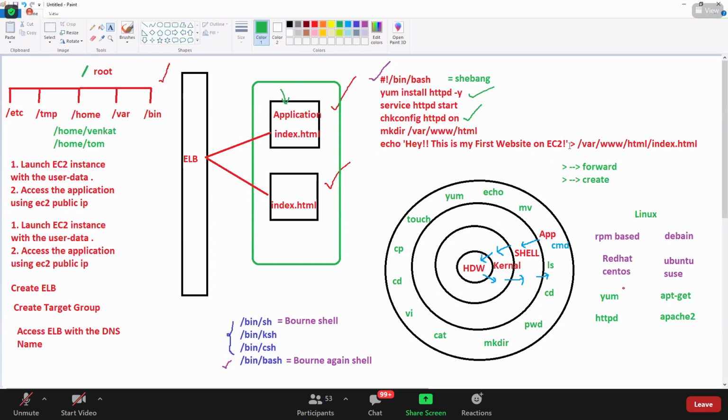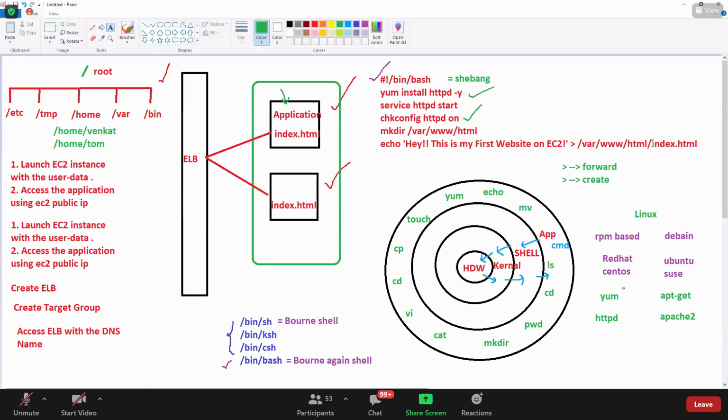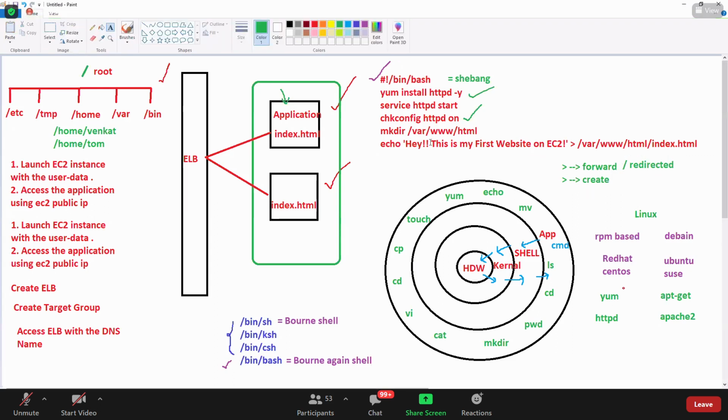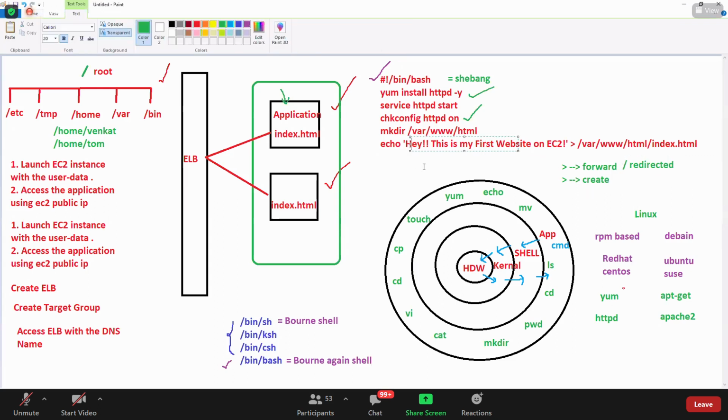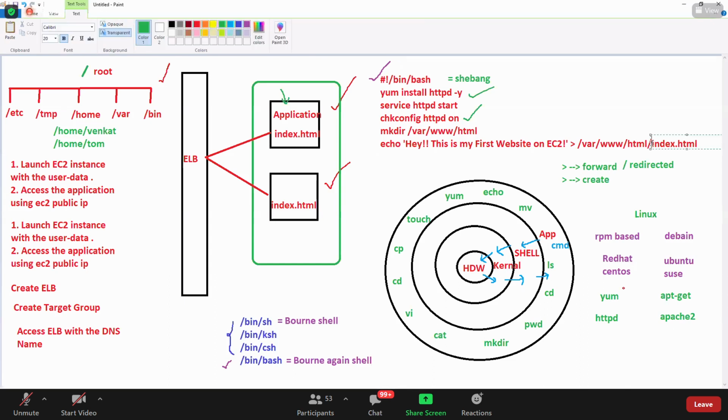If you use the greater than symbol and give the file called index.html, this index.html will be created automatically, and all this content will be redirected, forwarded into this index.html. Whatever content you are putting here, everything will be redirected to index.html.